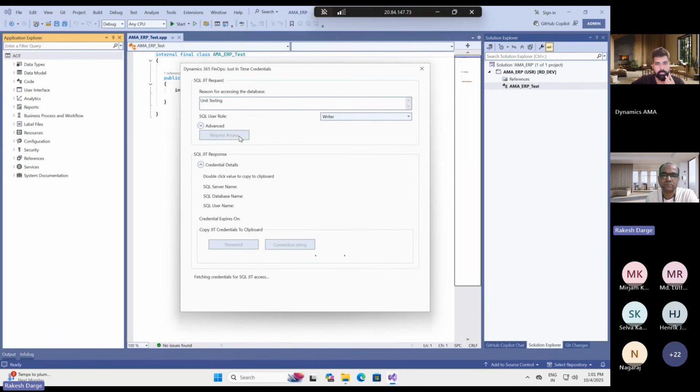It will take maybe close to 5 minutes or so, and it will automatically start populating the server name and the database. It is very similar to the just-in-time access that we used to get through LCS. Okay, and then if you have SQL Management Studio installed, you can connect to that dev machine, and then you can play around with whatever you want to do, and filter the queries and everything. That's pretty much the standard thing.